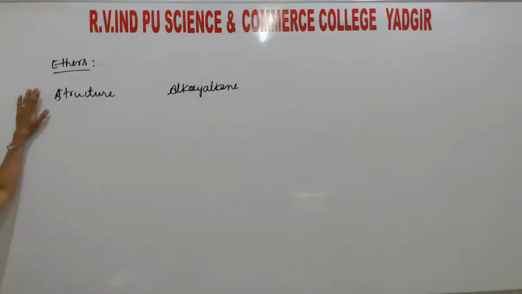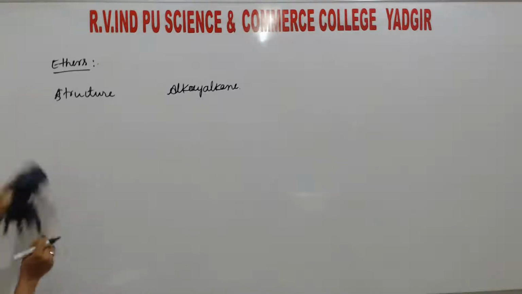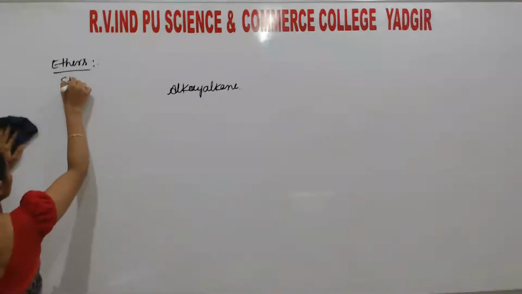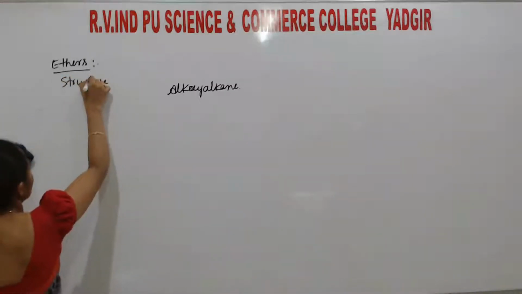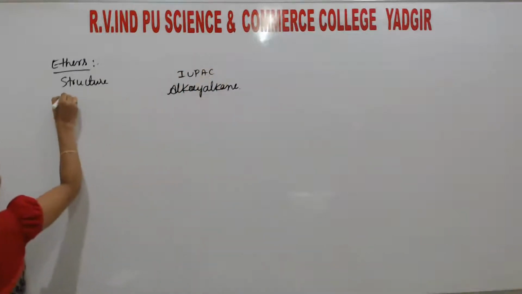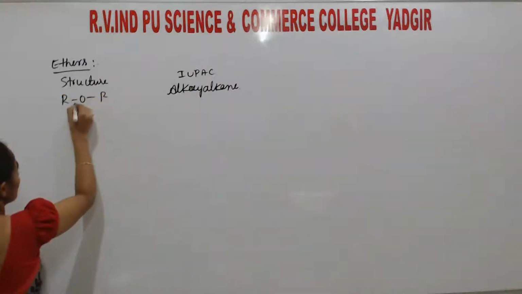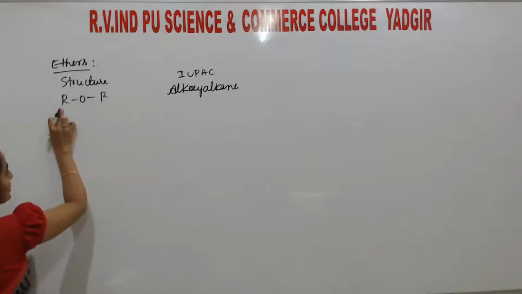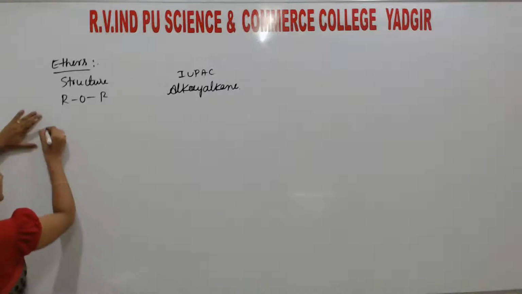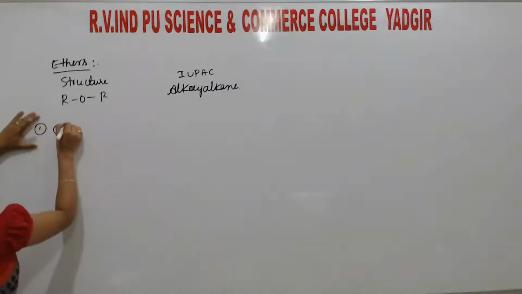I simply take the structure here. Here is the IUPAC name. If the structure is like this, this group is called alkoxy, and this is alkane. Okay, now I'll go with the examples. The first structure